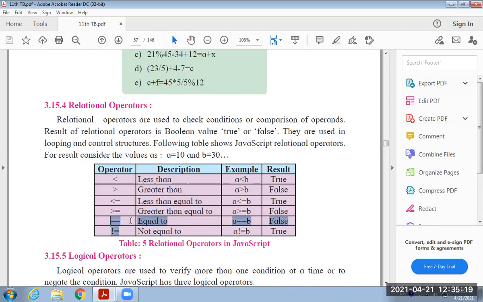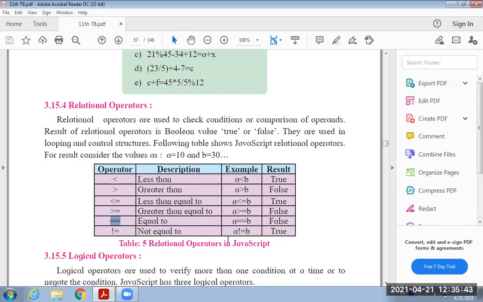This is equal to. To specify the equal to sign, we have to use double equal signs. This equal to indicates exactly equal to the other part. That means the value of b is similar to the value of a. Both sides are equal. That is indicated by this equal to sign.